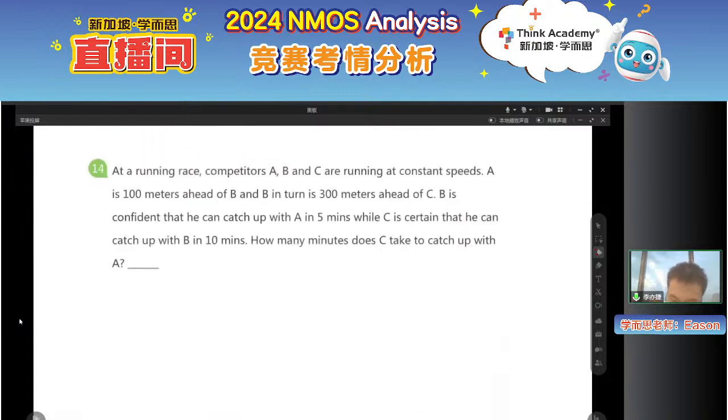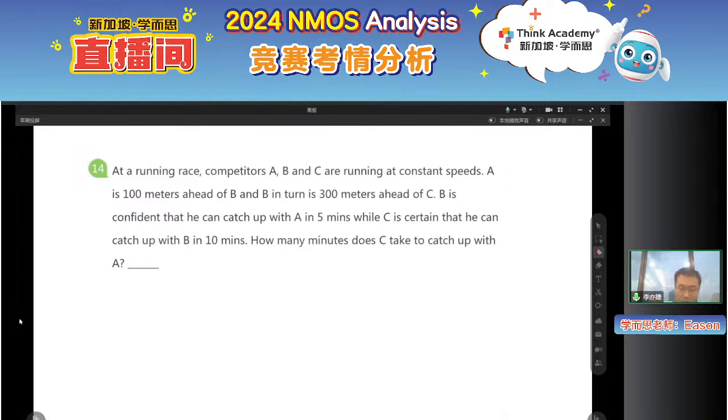Okay, for question 14, it says they run at constant speed. A is 100 meters ahead of B. B is 300 meters ahead of C. B can catch up with A in 5 minutes. C can catch up with B in 10 minutes. So maybe in this case, because it's a chasing problem, it's about B chasing A, C chasing B,